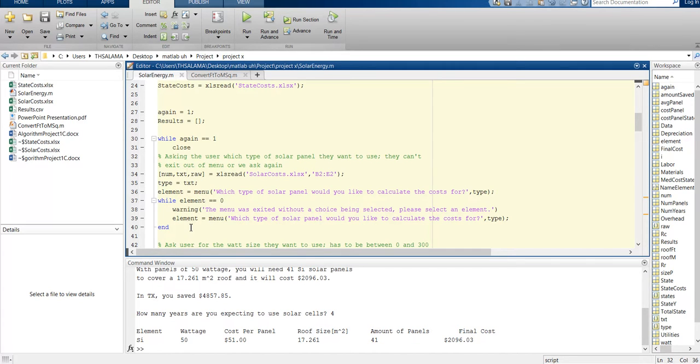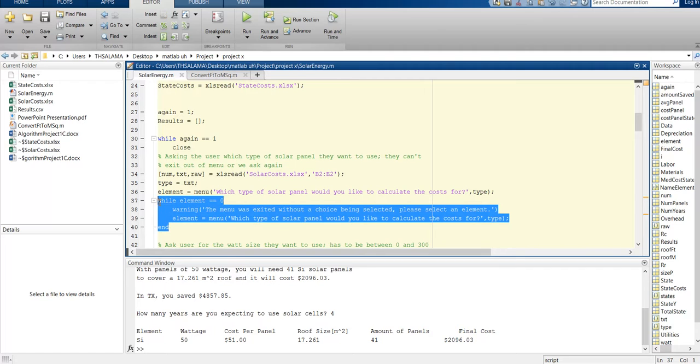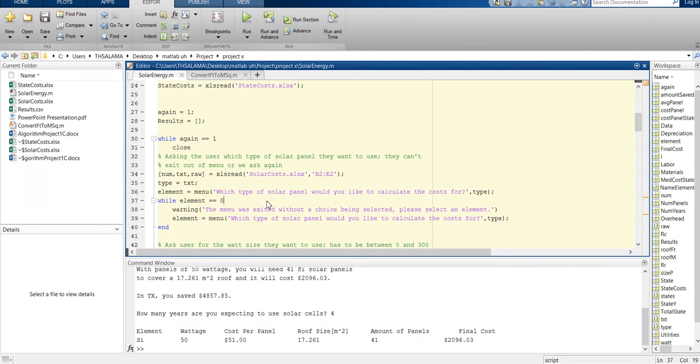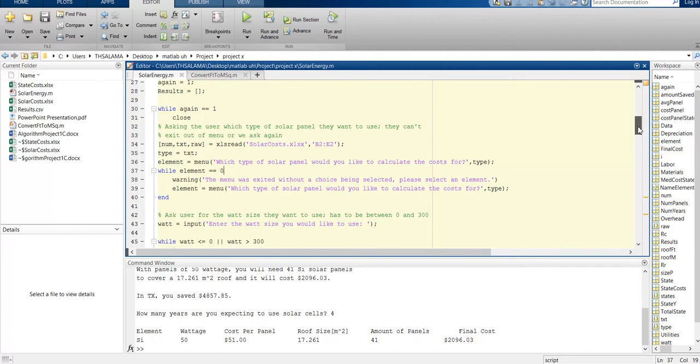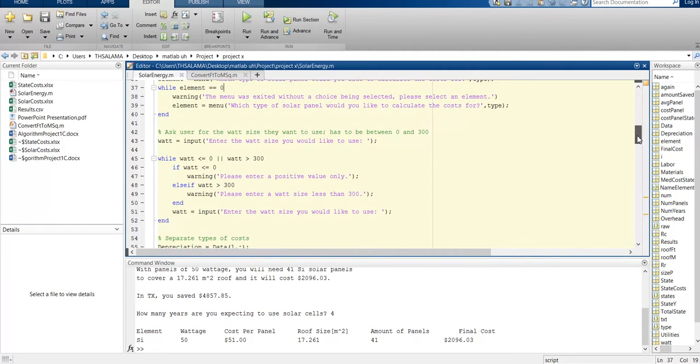while loop right here, this very second while loop. This is basically the data validation. It says if the user does not choose any element, a warning sign will pop up and it will say that you did not choose any element, please select an element, and it will keep on doing that until the user selects an element. We go down here, there's more input functions, basically